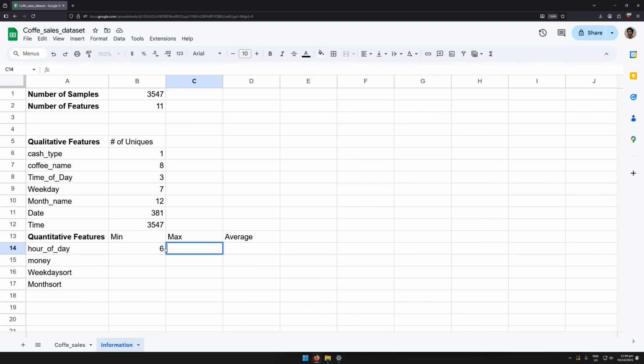The max, I can just copy this one, formula, to make it quicker for me. And instead of using min, we're going to use the max function. So 22. So it would refer to 10 p.m. So they have sales from 6 a.m. to 10 p.m. Money, the minimum would refer to the smallest value transaction or the cheapest coffee that they have,